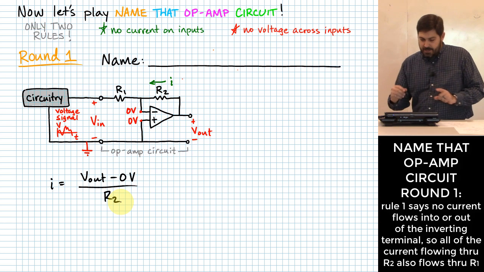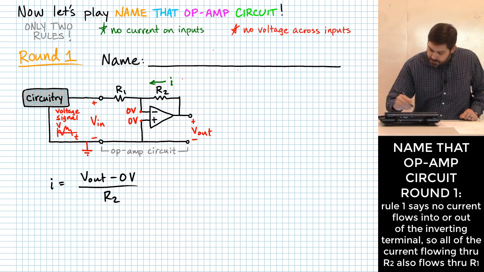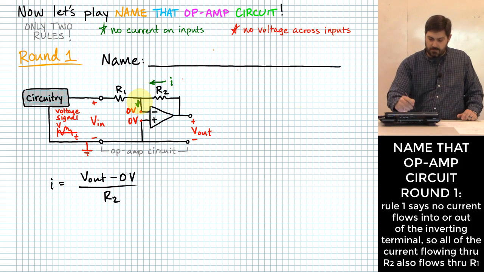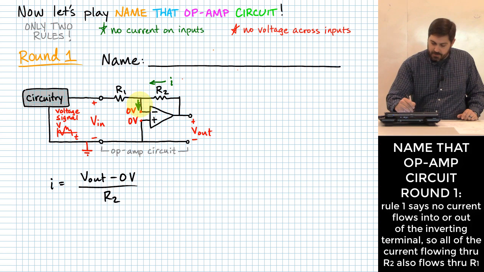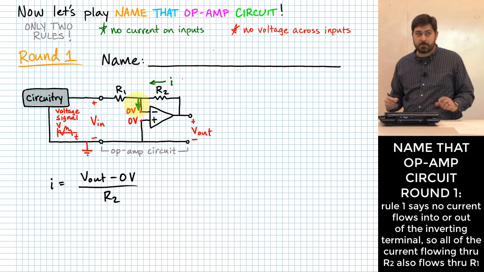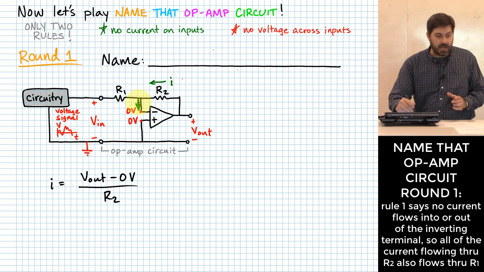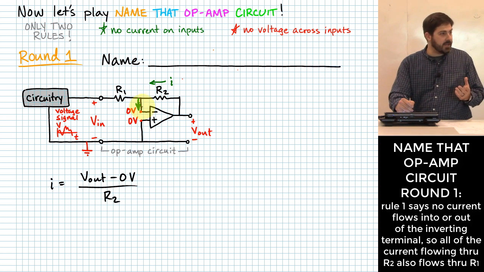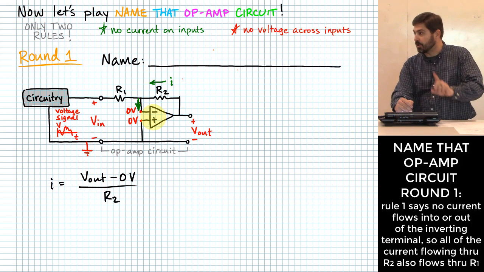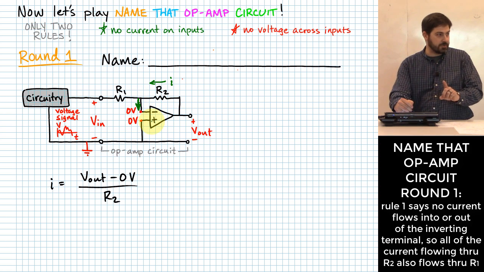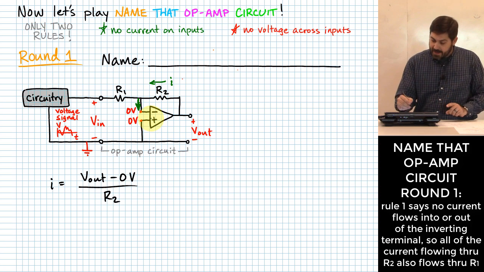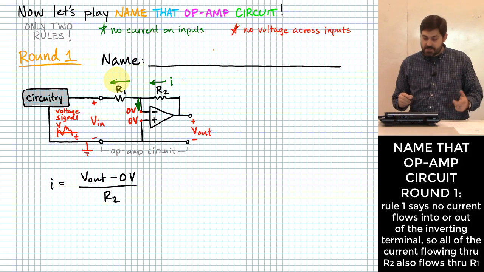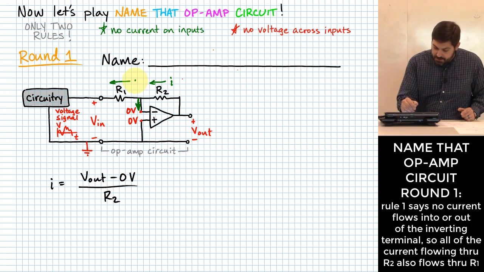Now here's another question. How much current flows through this little branch in that circuit? Right, this one right here that kind of, imagine, you've got a wire hooked up there, so you might be suspicious that some current might flow there. But how much actually flows coming down off of that branch? 0, right? There's nowhere for it to go because we're saying 0 current on the input terminals. That's one of our rules, right? So that means how much current flows through R1? The same as what flowed through R2, right? That's also just I,